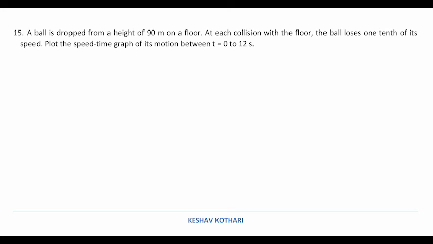So now we begin the question in this fashion. The ball is dropped from a height of 90 meter. If we take downward as negative, which I always do, so I take s equals minus 90 meter. Since the ball is dropped, I take the initial velocity or speed as 0. And g is acting in the downward direction, so I am taking acceleration as minus 9.8 meter per second square.